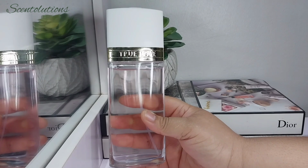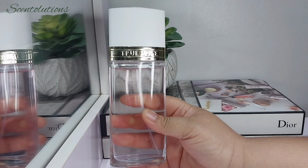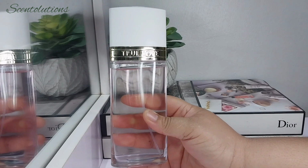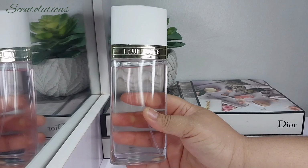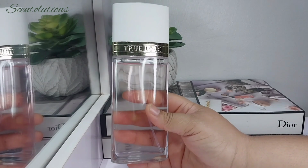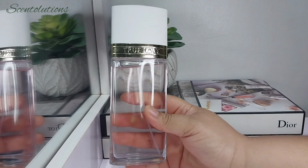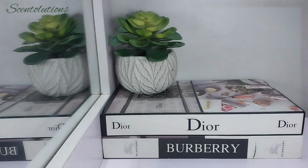Yeah, because iris was a big thing at the time. And I feel like a lot of the perfumes I remember from my mom's collection were very powdery. They had iris. So this gives me such a sense of familiarity, so to speak. So True Love is a very romantic, very soft, very powdery, very warm and enveloping floral, and I love it